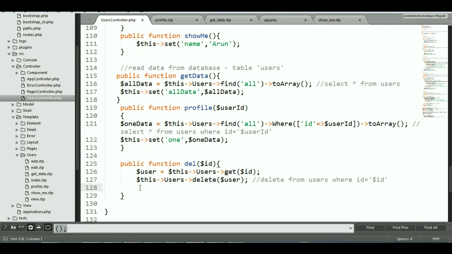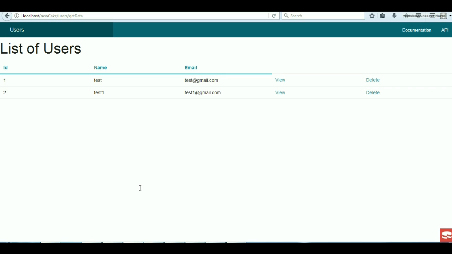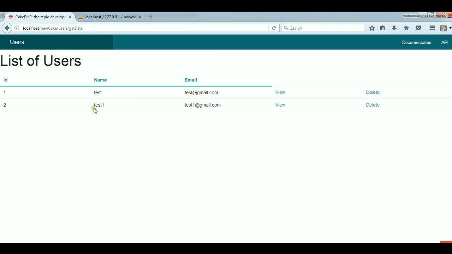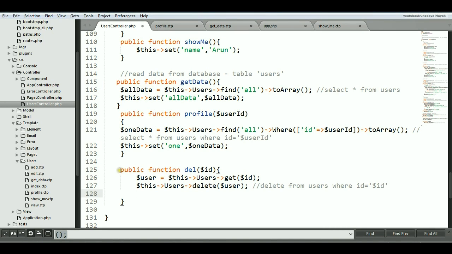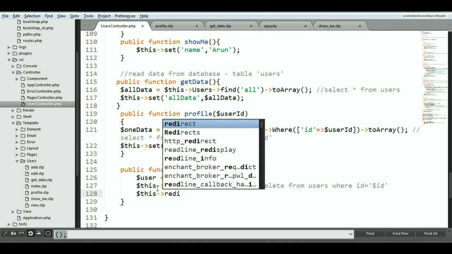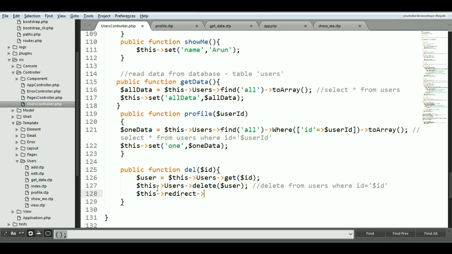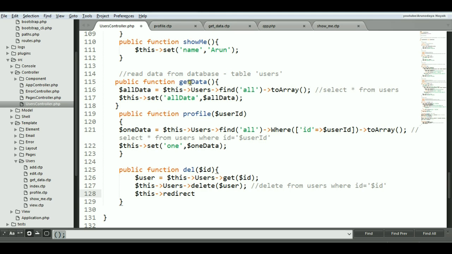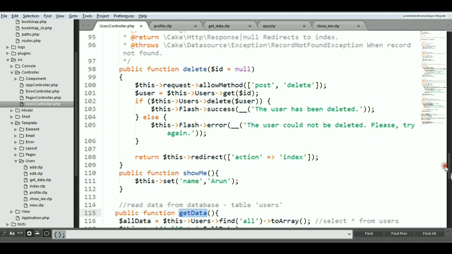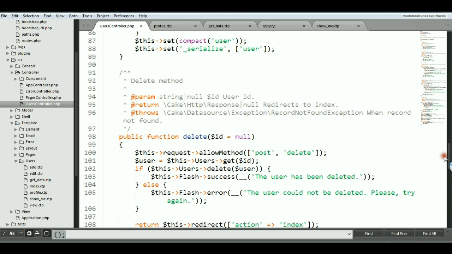So this will delete the data, then it will redirect to my source data, because this is my view, that is the get data. So I want to redirect after deleting, after calling this particular function, I want to redirect. So $this redirect. I want to redirect to, this is a function, redirect to what? I want to redirect to my get data, this function I want to redirect. Okay, so just like this,